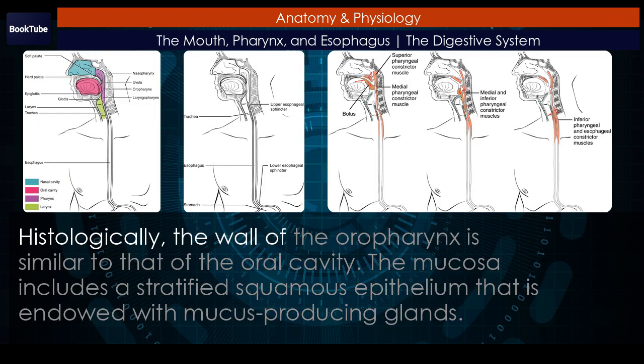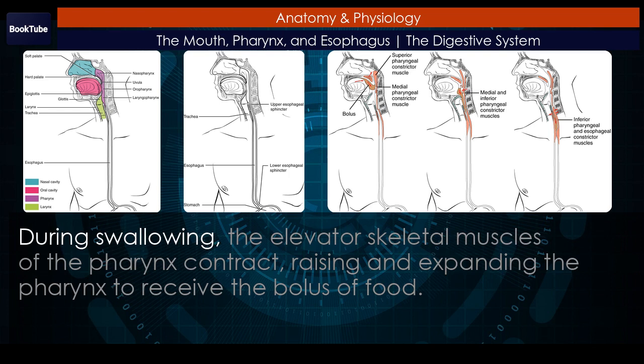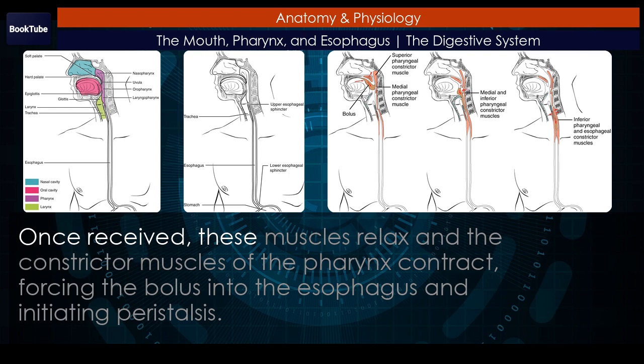Histologically, the wall of the oropharynx is similar to that of the oral cavity. The mucosa includes a stratified squamous epithelium that is endowed with mucus-producing glands. During swallowing, the elevator skeletal muscles of the pharynx contract, raising and expanding the pharynx to receive the bolus of food. Once received, these muscles relax and the constrictor muscles of the pharynx contract, forcing the bolus into the esophagus